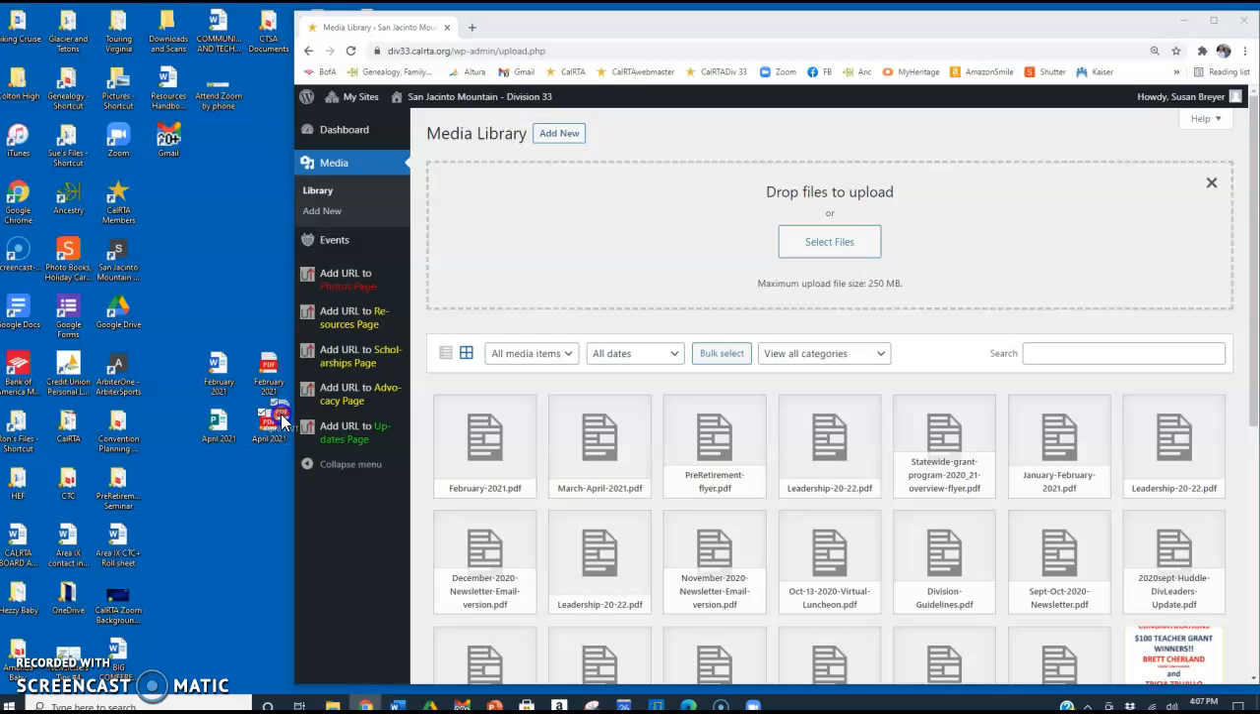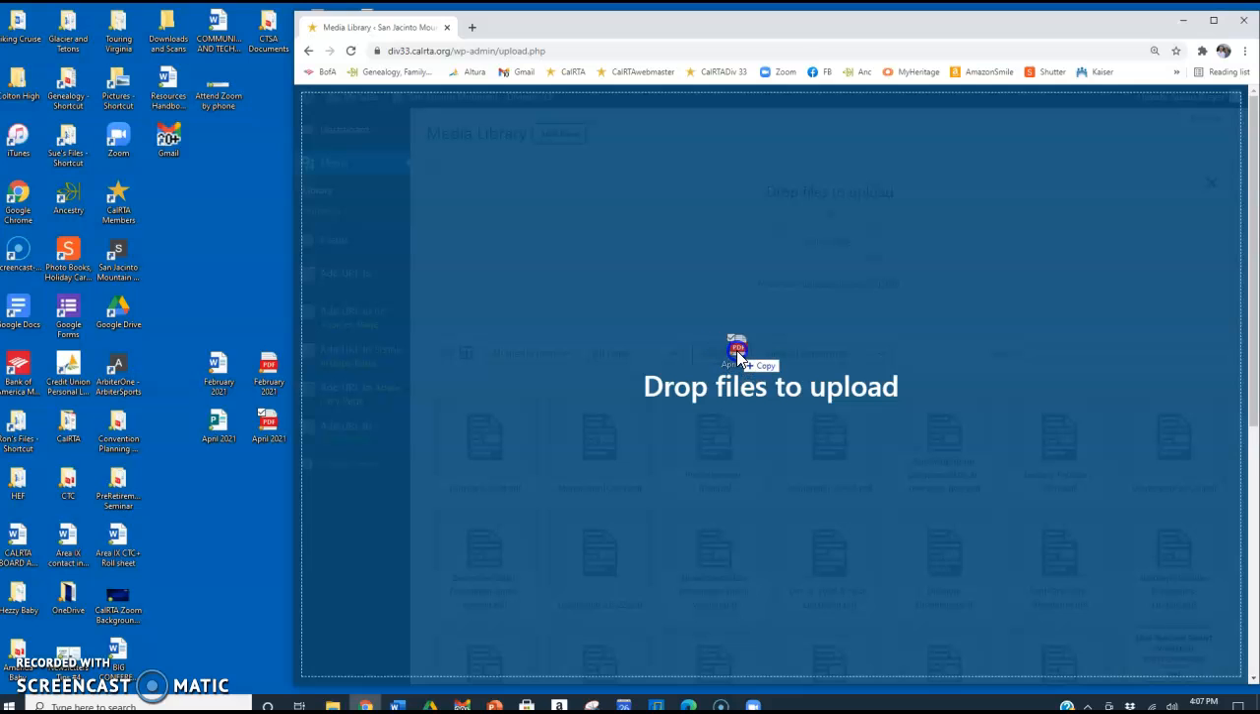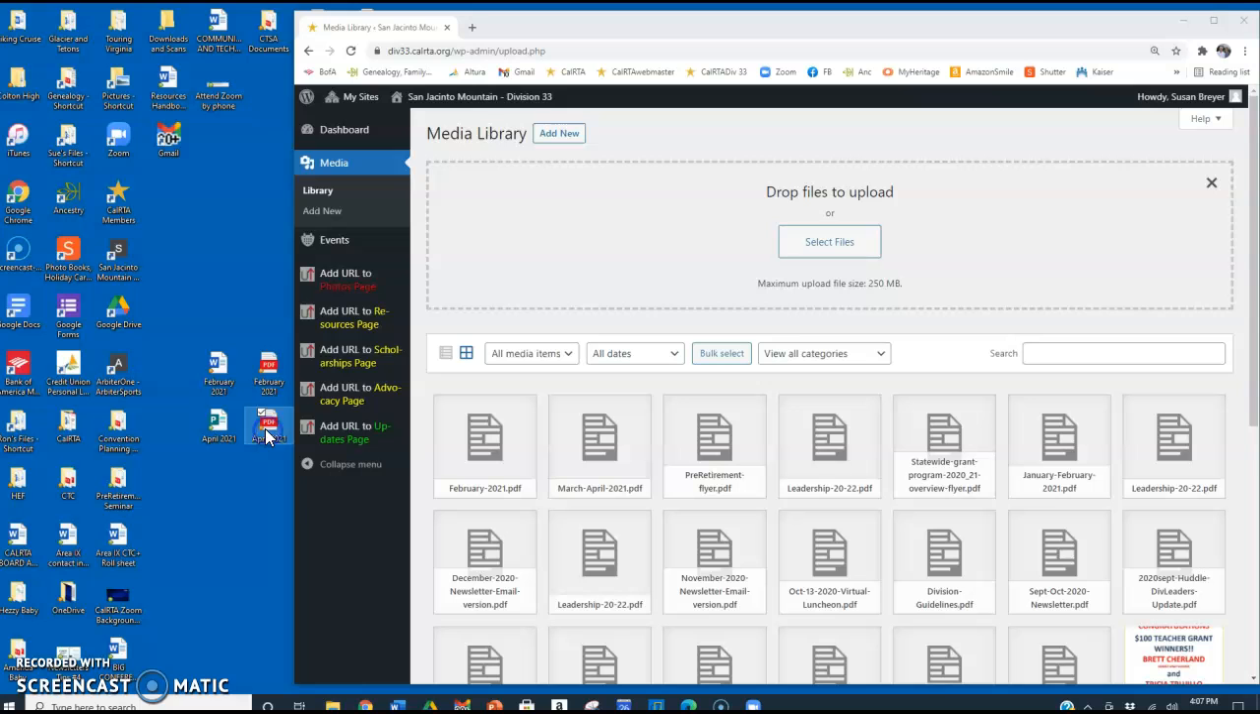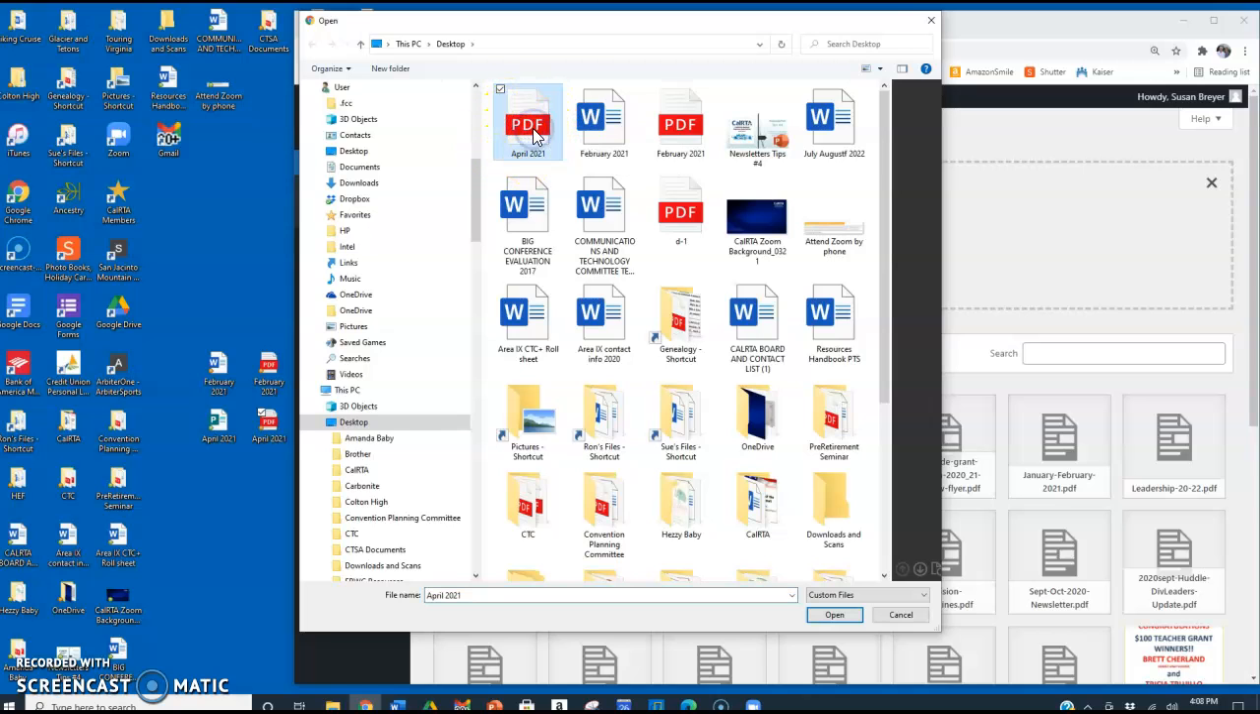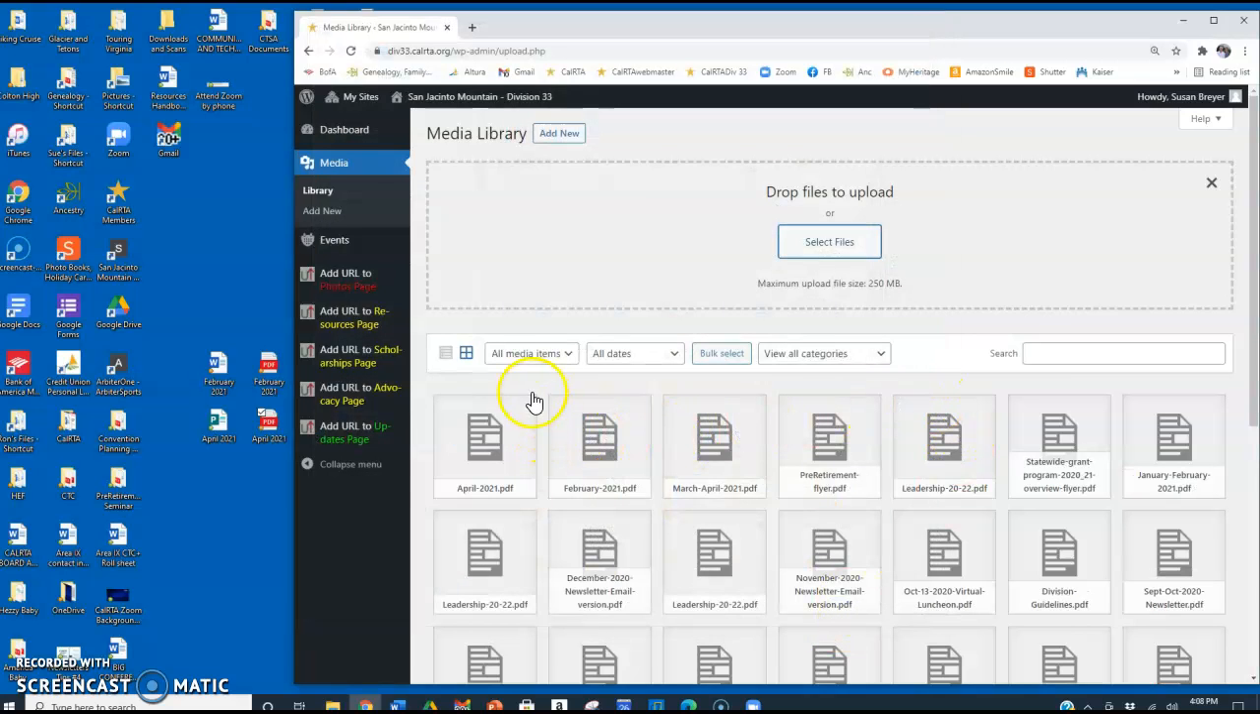So I can either just drag it over and drop it, as it says, drop files to upload, or I can click on Select Files, and here's my desktop. Here are all the files on my desktop, and here is that April 2021 file. I click on that, and then I click Open. Notice right here that it appears in the media library along with the other boxes that are up here,